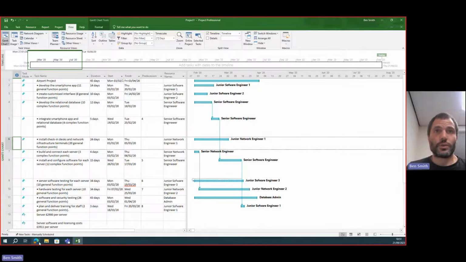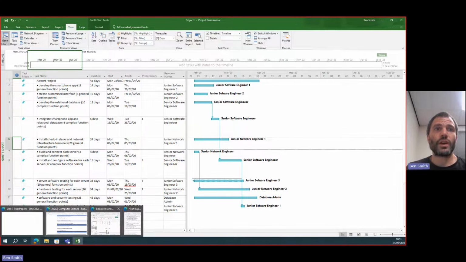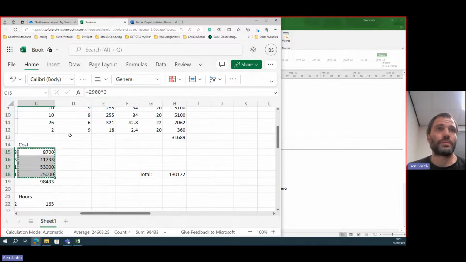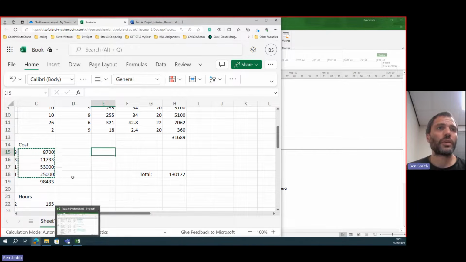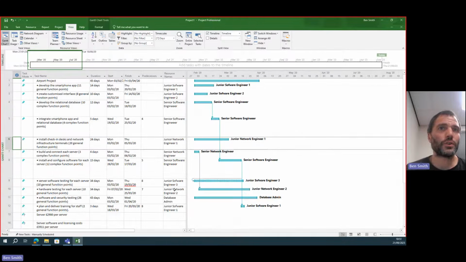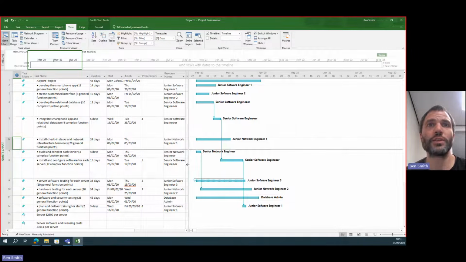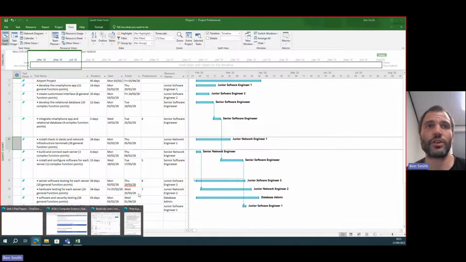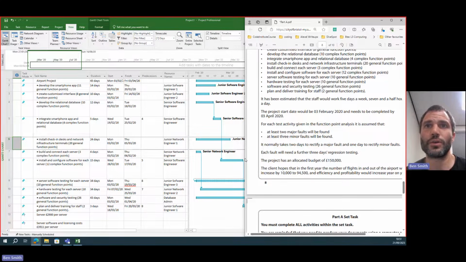So the last thing we've got to do. We've done this spreadsheet. We've calculated all the costs for the materials, for the resources. We've put in all the dates. We've made sure nobody's over allocated. And we've put in the cost for each one of those tasks. But the last thing we've got to do, if you look at the scenario, is we need to produce